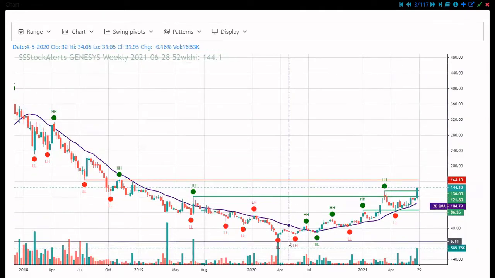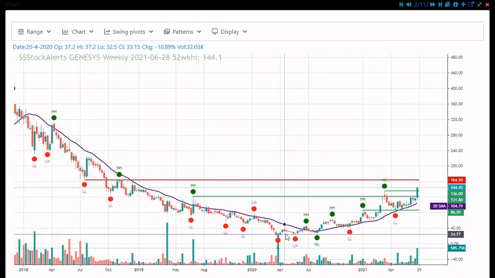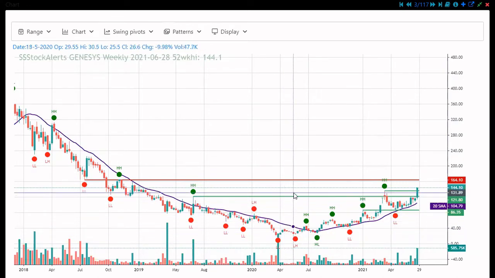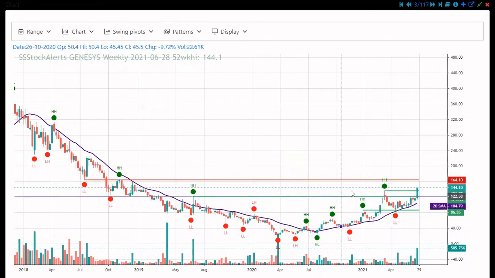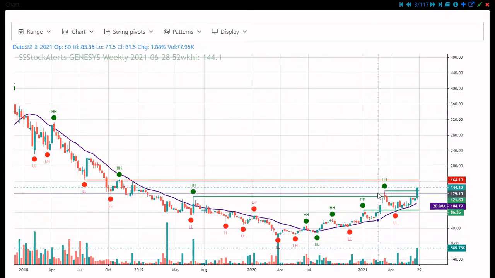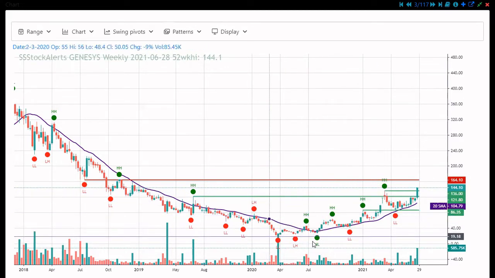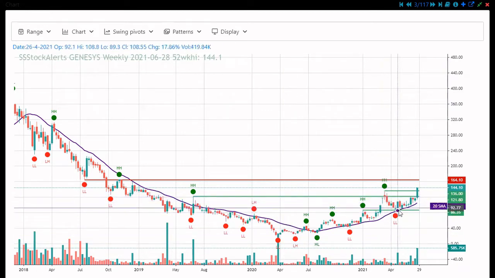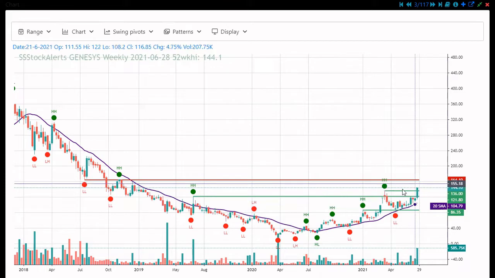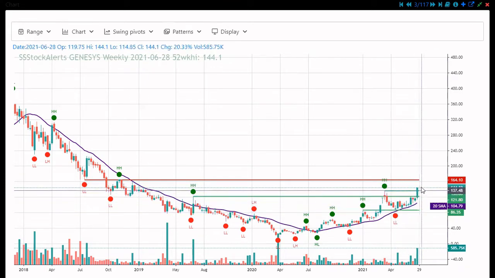Here is Genesis. If you see the 52 weeks low, it was almost 20 to 25 rupees, and the current price is 140. So it has run almost 400 percent from the 52 weeks low. It is a good stock. Our favorite pattern is that the stock has to run a minimum of 100 percent from the 52 weeks low, and there should be some pullback. Once the pullback is done, it has to give a breakout with the recent high. Whenever you see this type of pattern, this is our favorite pattern.